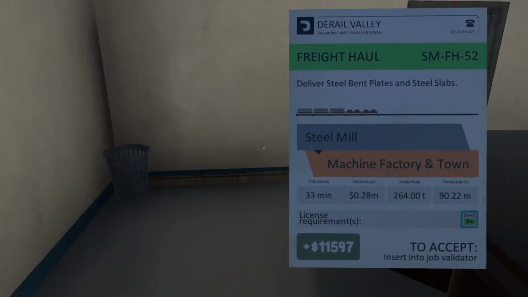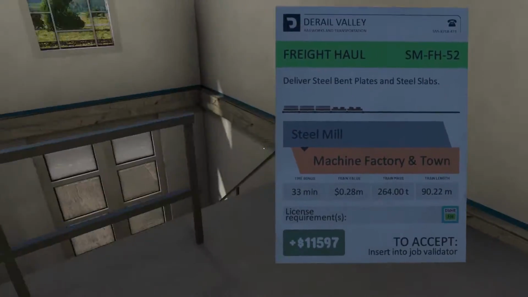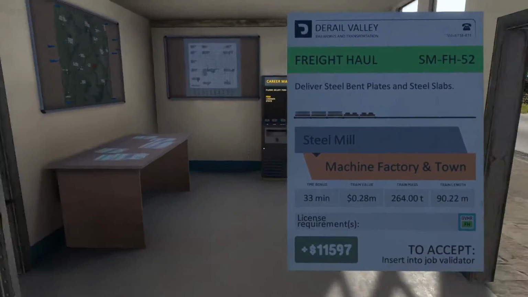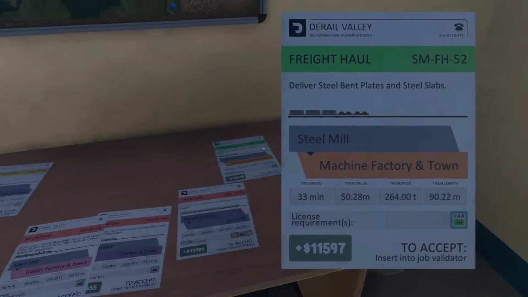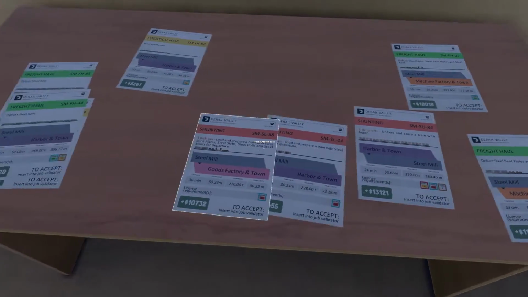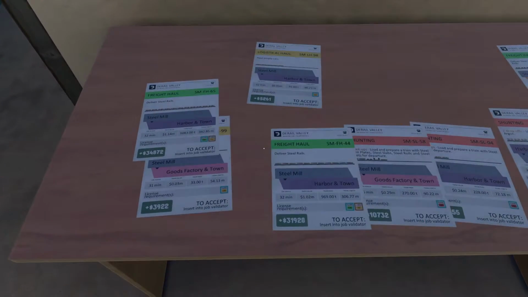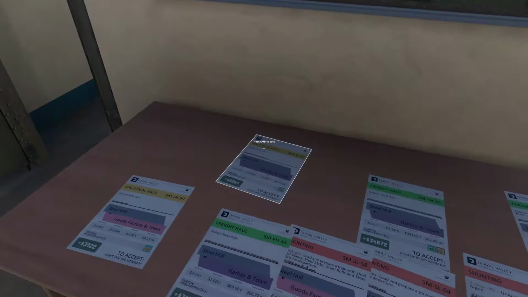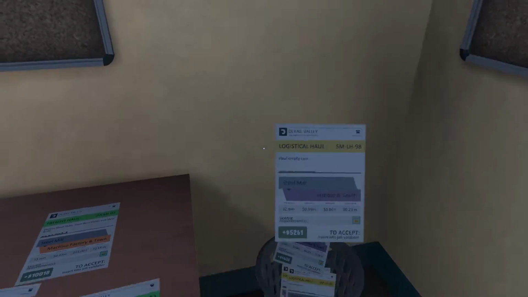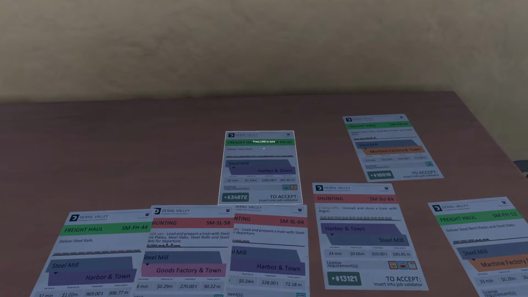What the hell have I just done? Where am I? How have I just teleported upstairs? Okay, well, that's a thing I managed to do. But yeah, if you pick up a job, it's your job. If you leave a job on the table, it can despawn, be replaced by other jobs. I've had that happen once or twice in the past, so I don't know if it still does, but basically,